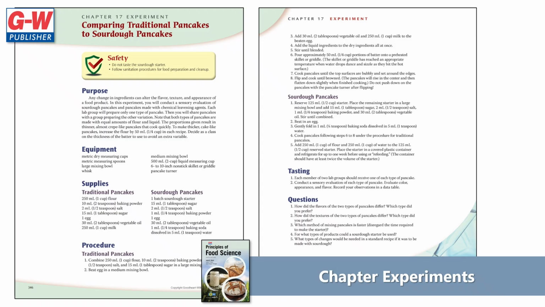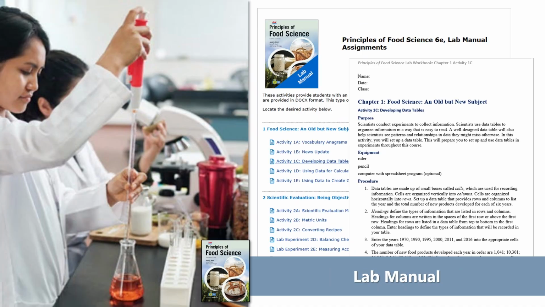Safety notes alert you to potentially dangerous materials and practices. Step-by-step procedures provide clear instructions for experiments. You can refer back to these procedures easily. Skills related to organization, record-keeping, interpreting data, and problem-solving are applied in conducting hands-on activities. The lab manual activities provide students with an opportunity for self-assessment as content is presented or assigned. The text experiments are included, plus 2 additional experiments per chapter.